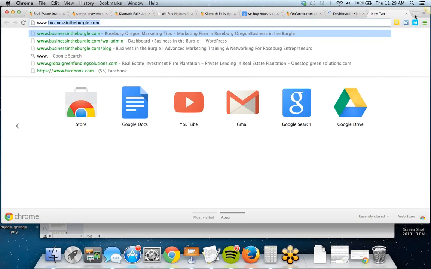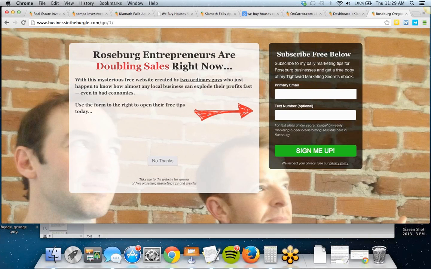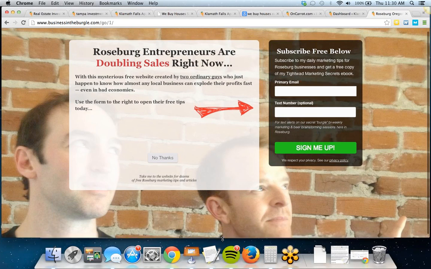Actually, before this one, while this one's loading up, let me show you another one, guys. This is kind of like a side project of mine and another local entrepreneurs here in Roseburg. We've got a really cool entrepreneur movement going on. Actually, just yesterday we had our angel investment conference. Guys, I live in a small town of about 30,000 people, where we're going through a really cool insurgence of